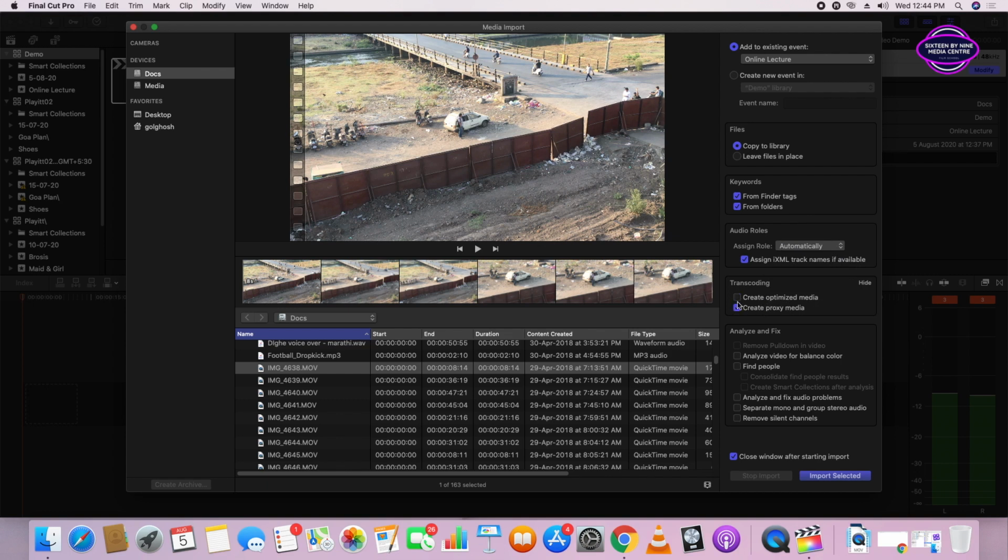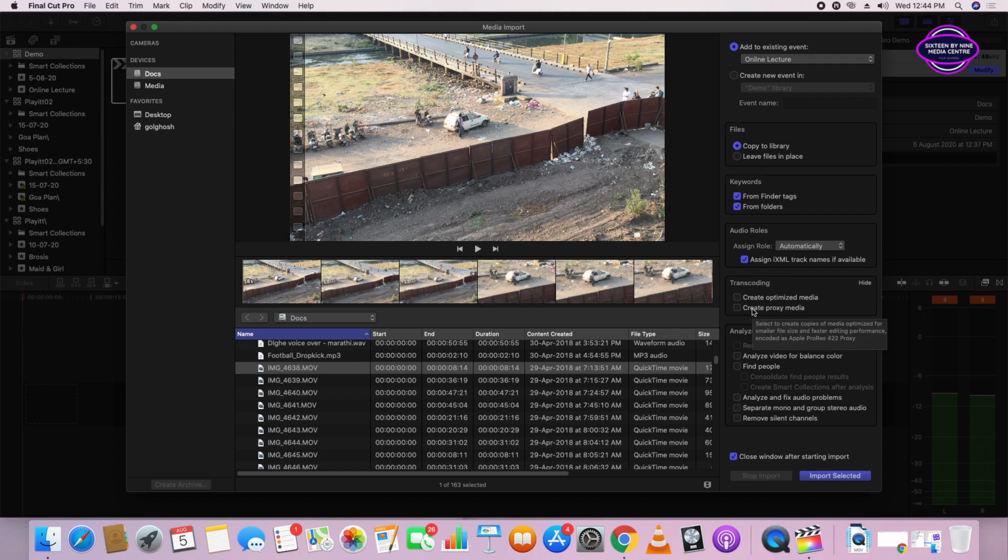Transcoding. Here there are two options: create optimized media or create proxy media. You can select both or not select any. For most media, suppose you are shooting on a DSLR, you don't need to select any of them. But if you are working on a very high-end camera, like RED or Alexa, and you need to import it, then you should select create proxy media.